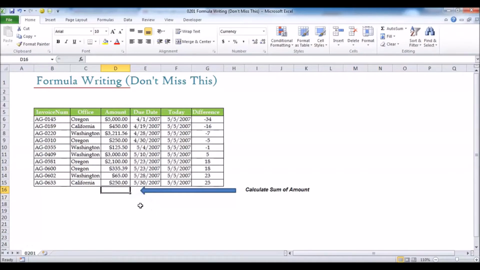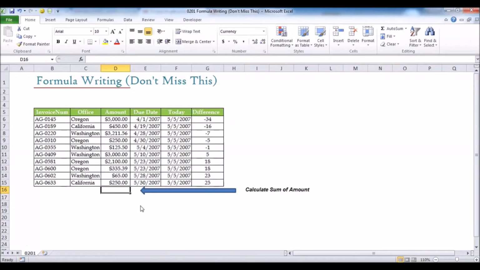We always start a formula with the equal to symbol that you already know. But we can also start a formula with a plus or minus sign. I really recommend avoiding that, because these are calculative operators. Always start a formula with a neutral symbol, which is equal to. Now, before I write the formula, I'll tell you one thing.